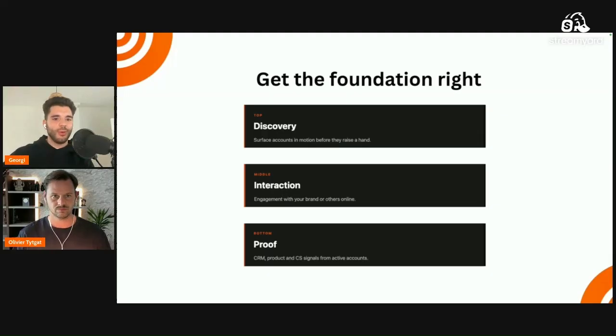Which puts me down the line of, hey, how does the whole signal-based go-to-market flow work, and why is it different from just blasting some people? And no matter if you're doing inbound or outbound, and we'll cover it in a bit because they're fundamentally different playbooks, it always comes down to you needing to discover accounts, right? Either you go to them or they come to you. Then there is a particular interaction in place, and there you try to gather as many contextual pieces as possible in order to make the whole story. And in the end, you are pretty much testing a certain hypothesis that is further validated by your CS teams or product or sales as a whole.